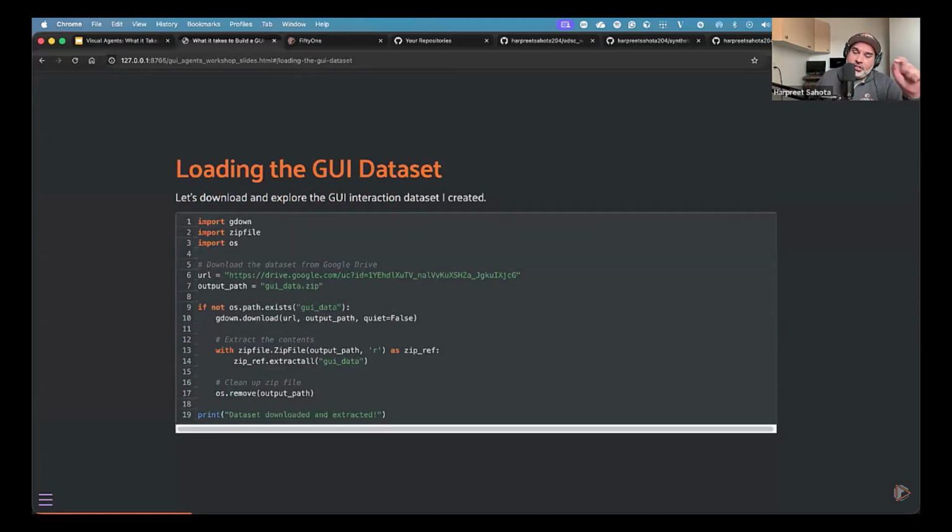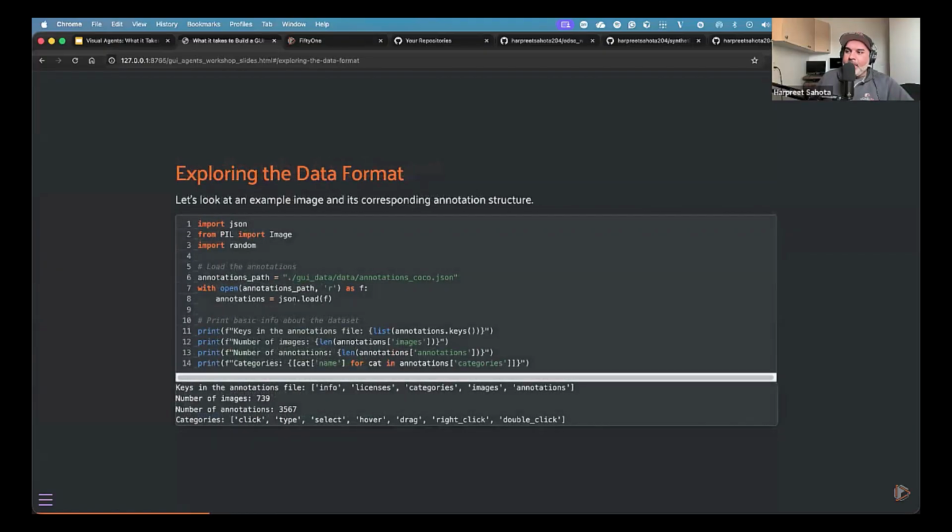Now, in order to load COCO for GUI into FiftyOne, we first need to actually download the dataset. So that's what this code here does. If you were to run this cell of code, it would download my exact GUI data to your local drive, and I think it's something like 2 or 3 gigabytes of data. So it's quite large because the resolution of each one of my images is quite high. So you download that data, and then what I did was